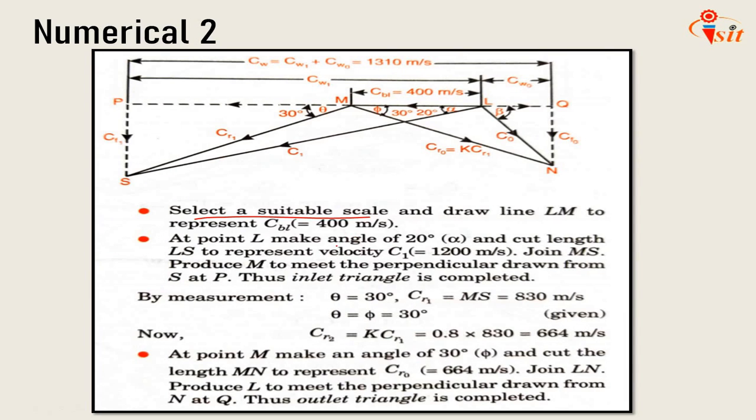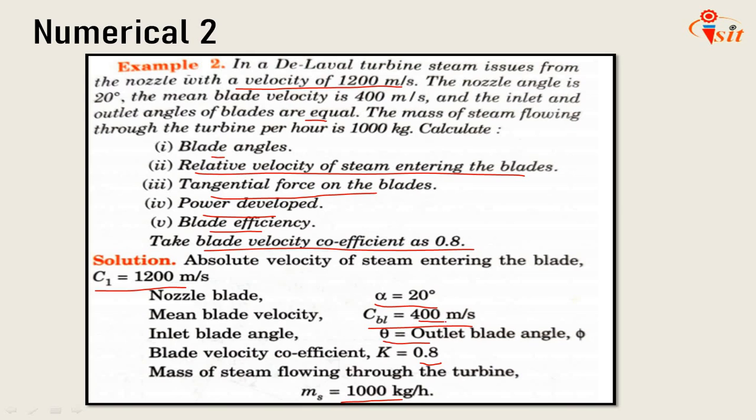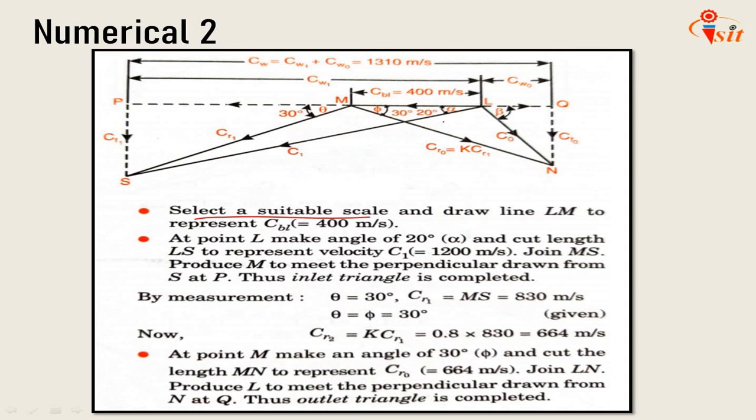Sorry, it is not C1, it is CBL. So 400 meter per second is the mean blade velocity, 400 is given. You need to take a suitable scale. Suppose you take 1 centimeter equal to 100 meter per second, so LM will be 4 centimeter. That means it is 400 meter per second. So at point L, alpha is making 20 degrees,